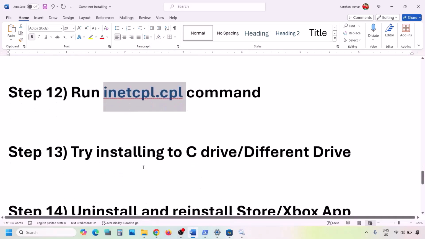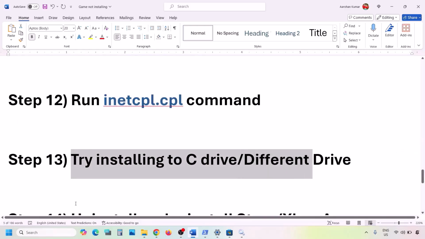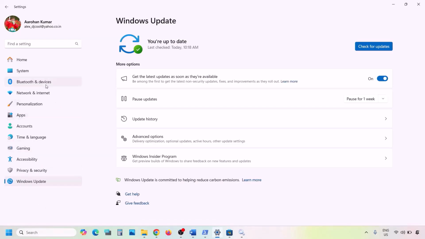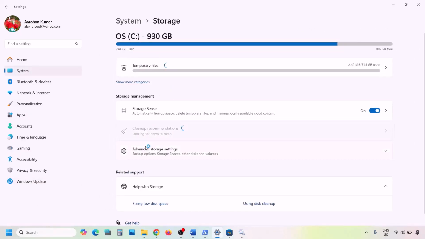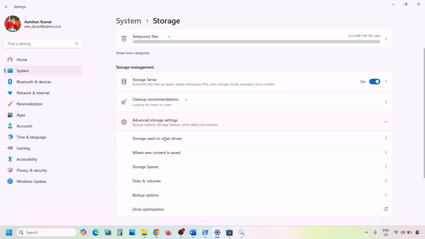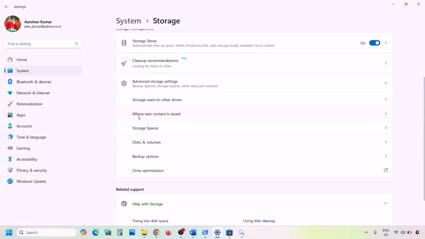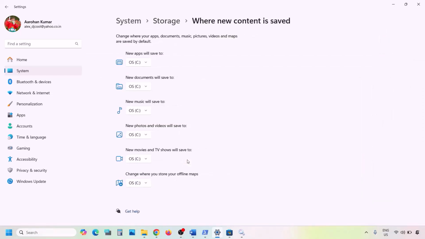Now the next step is to try installing it to C drive or a different drive. So in that case, you can open Windows settings, and then go to system, and then go to storage over here, and then over here you can change the storage. So click on advanced storage settings, and here you can see where new content is saved. So you can click on it, and now over here, if this is selected to some other drive, maybe D drive, select C drive and then check. Now if it is already installing in C drive, and you're still facing the problem,